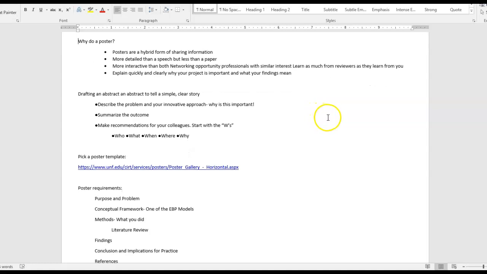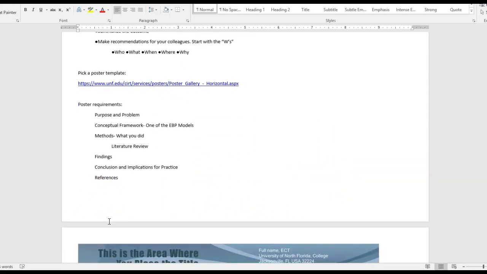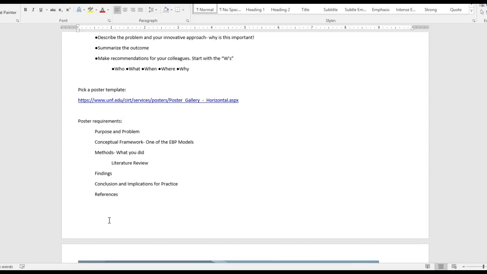Why do a poster? It's quick and succinct. We're going to summarize everything. We're going to pick a poster template, and then on your poster template, you are going to put the things you did. So you're going to have a brief introduction. You're going to put what the purpose of the poster was and if there was a problem. So if a problem triggered you to do this poster,